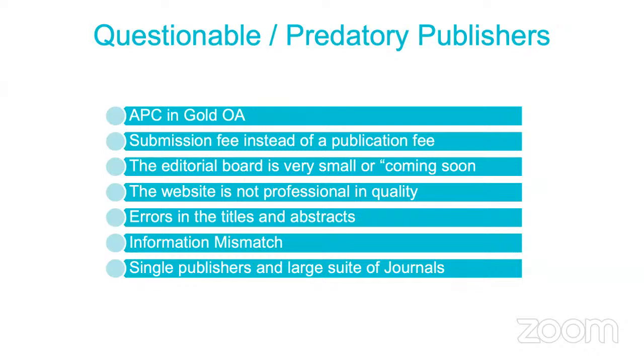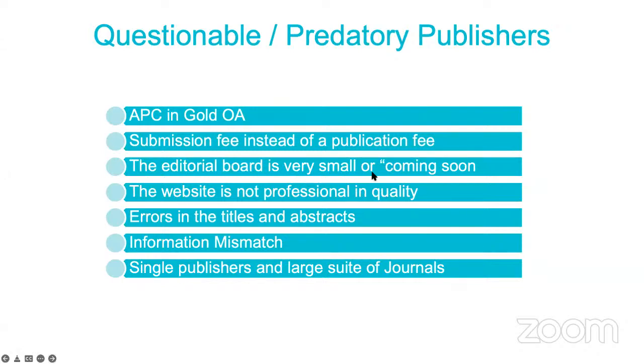It is one of the topmost commercial publishers in the world, whose revenue is more than Google. Even the topmost universities in the world cannot afford to have all the journals published by Elsevier Science. So obviously their journal website, their look and feel and everything will be the best. But if you see predatory journals, the website itself will not be good. There will be spelling mistakes and all, and the website will not be of professional quality.